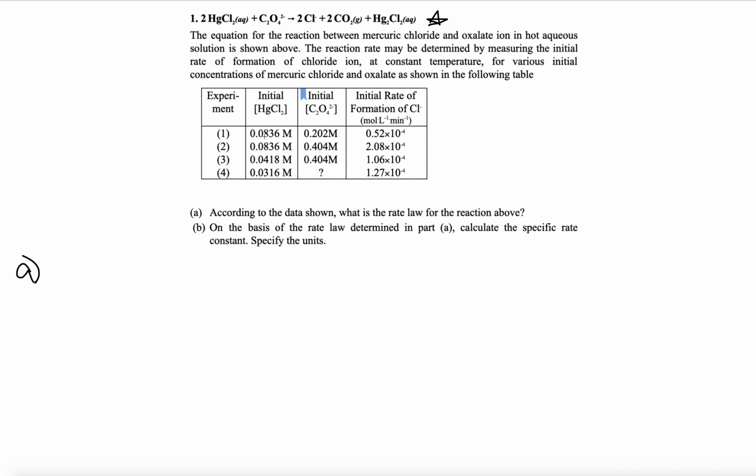And in different experiments, they tested different concentrations of mercuric chloride and oxalate, as shown in the table. So the first question, what it's asking us to do is find the rate law for the reaction above. So hopefully you know that a rate law, I'm just going to write out the formula over here. Its rate is equal to the K, which is the rate constant that they ask about in the second problem, times the concentration of the reactant. So our first reactant is HgCl2,